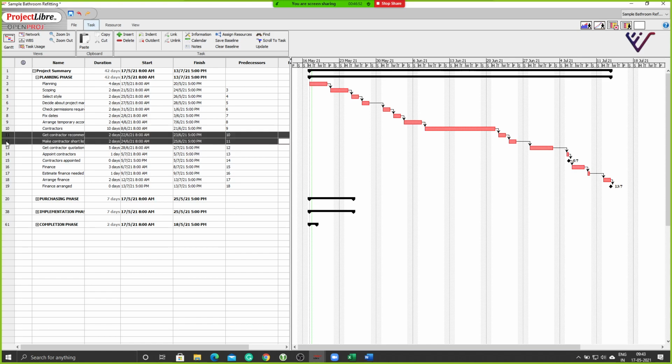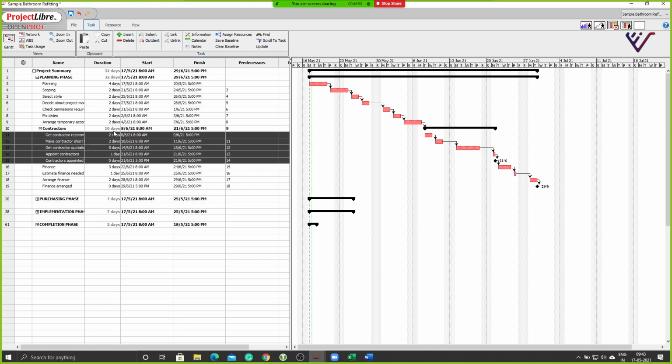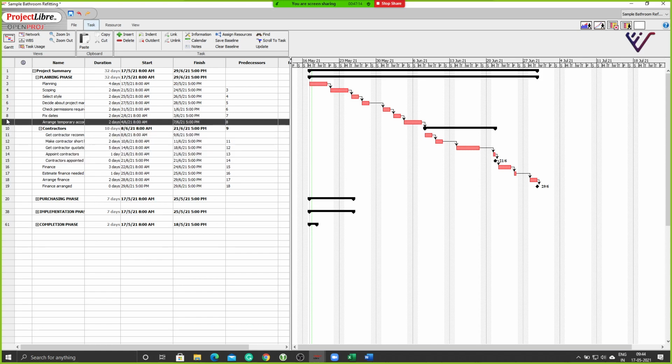actually all of these are subtasks of contractors. So I'll just indent this. This is how it is in the true sense. And now let me consider that arranging temporary accommodation need not happen after fixing the dates. They can start with checking permission requirement itself, right? So what I will do is select these 2 activities and unlink.